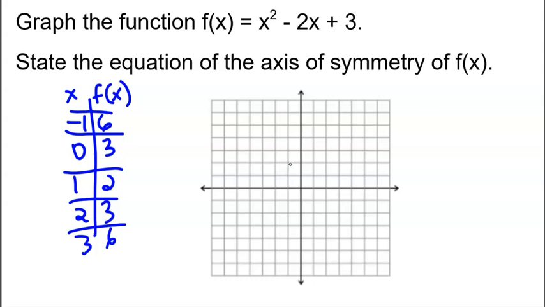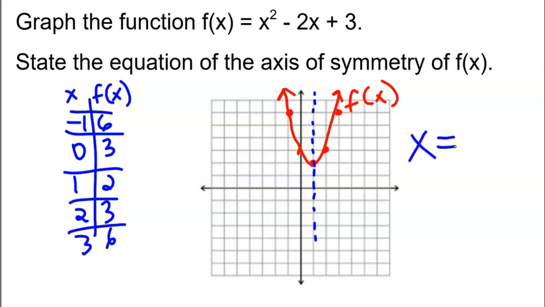So we plot the points (-1, 6), (0, 3), (1, 2), (2, 3), and (3, 6). You'll notice that our graph has that nice round parabola shape. We can label it f of x, and now we can state the equation of the axis of symmetry that passes through this vertex. The axis of symmetry equation always starts with an x, and the value here will be the x-coordinate of that vertex point,